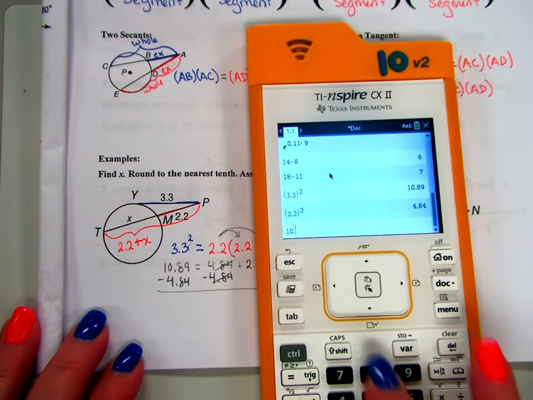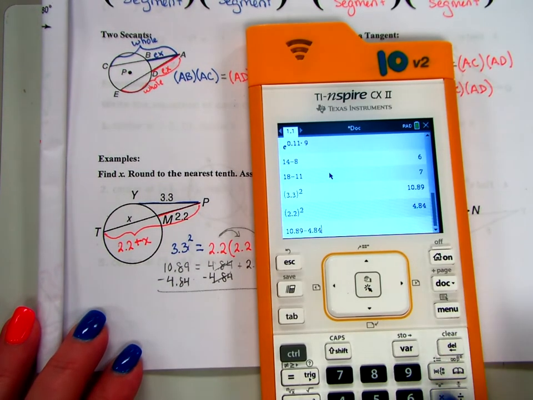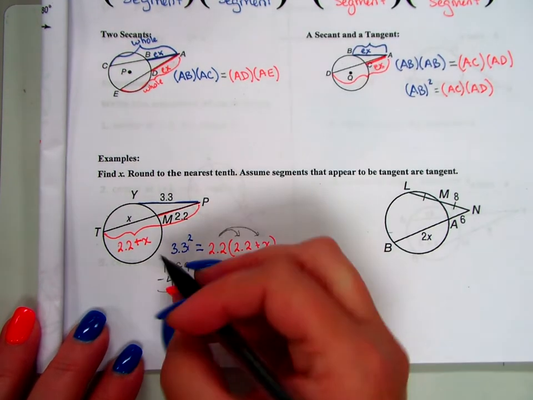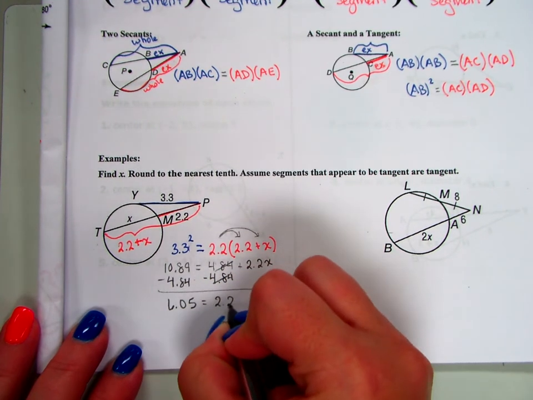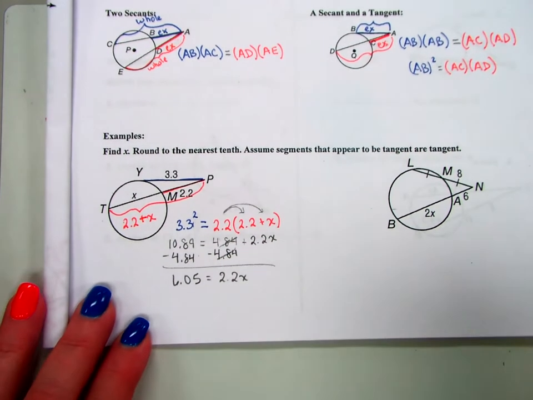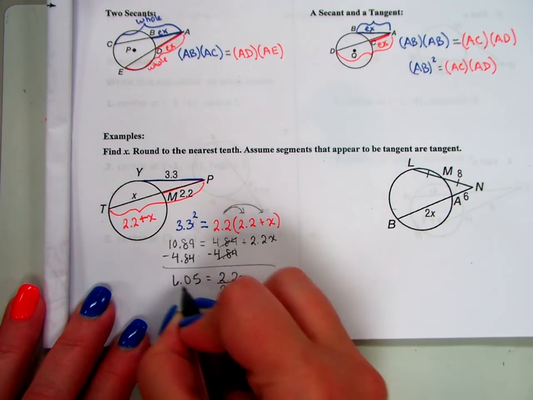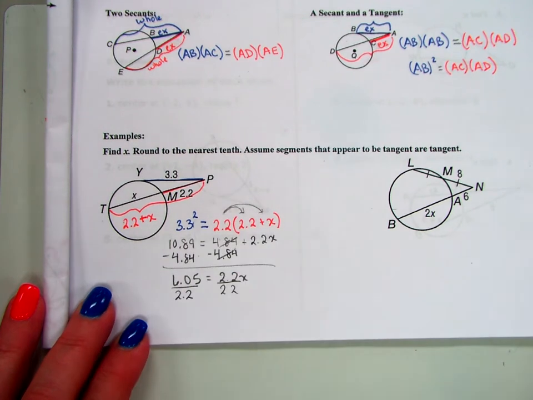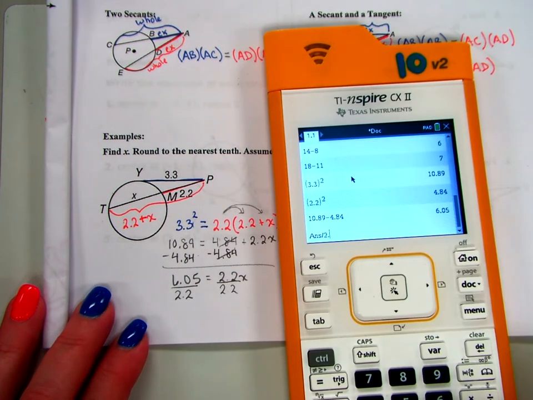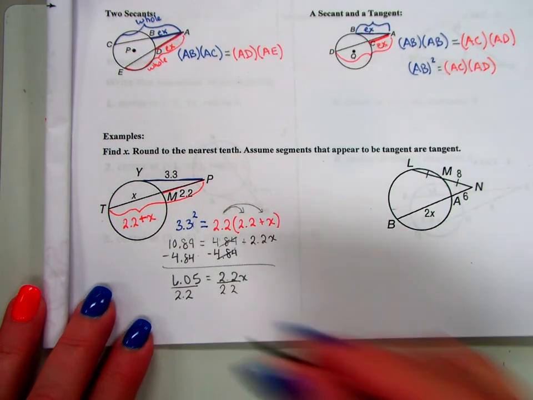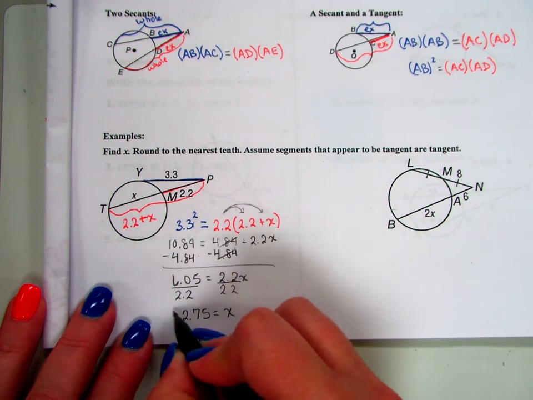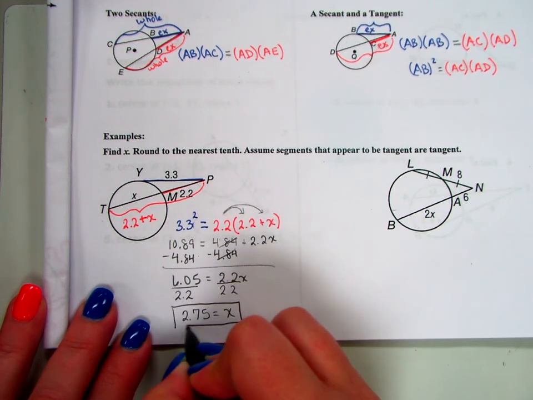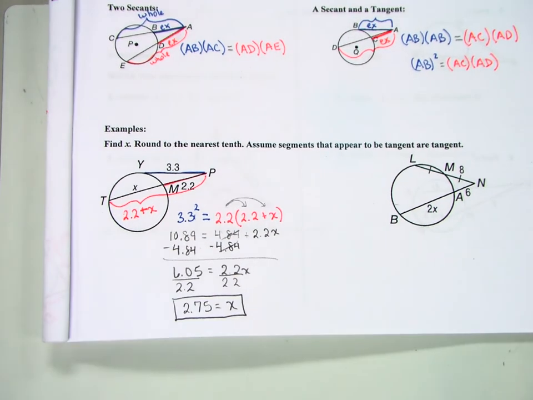10.89 minus 4.84 is 6.05 equals 2.2x, and then what? Divide by 2.2. Division property of equality. 2.75. Okay. The next one,